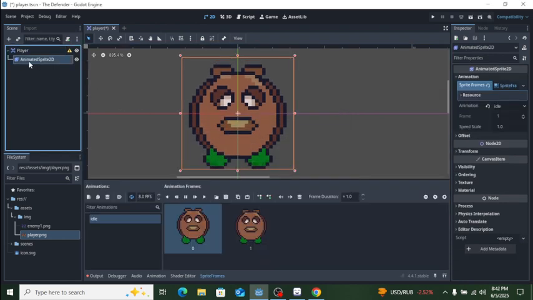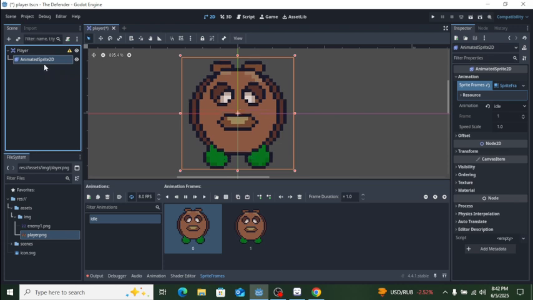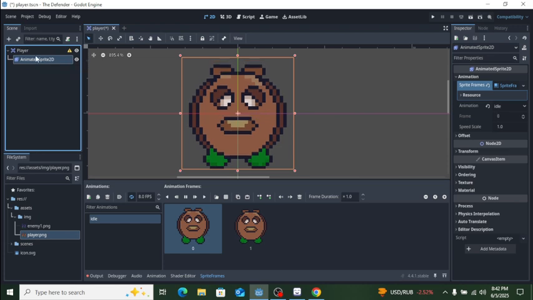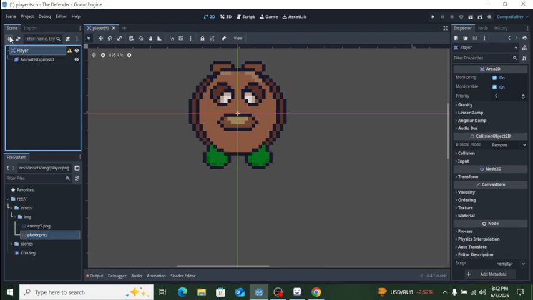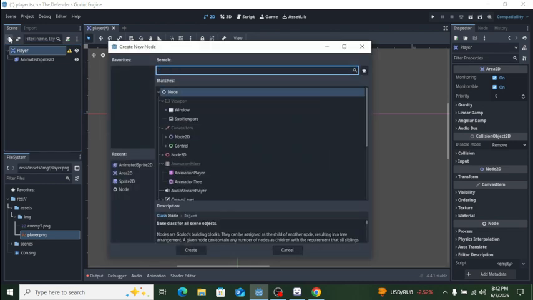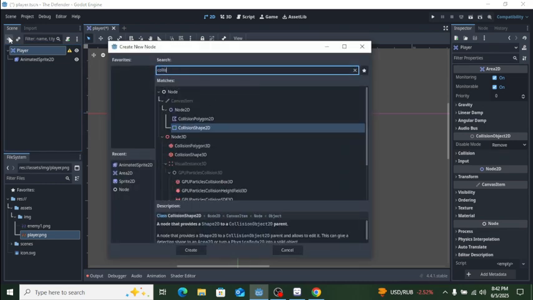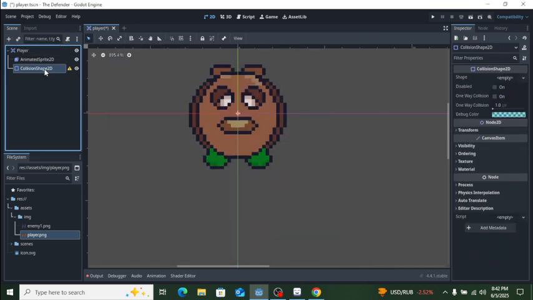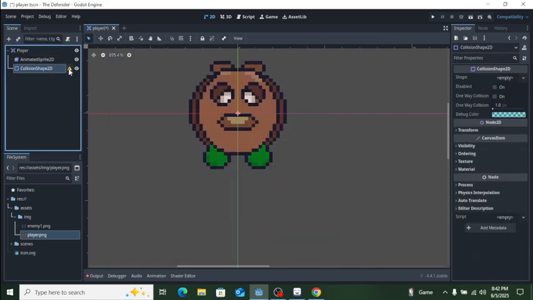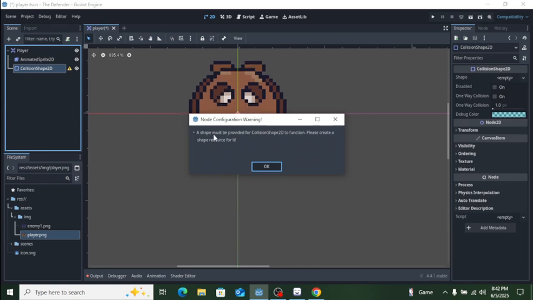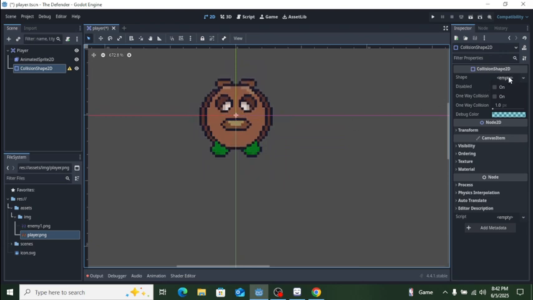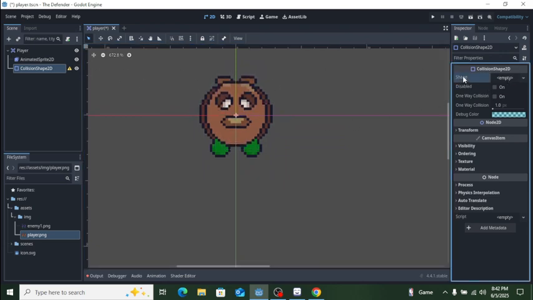It's not even compulsory that this has an AnimatedSprite2D node, but it's very compulsory that it has a CollisionShape2D. So let's go ahead and add it. Let's search for CollisionShape2D, and we are getting yet another warning. A shape must be provided for CollisionShape2D to function. Please create a shape resource for it. So to create a shape, you can already see over here we have this shape, create new,